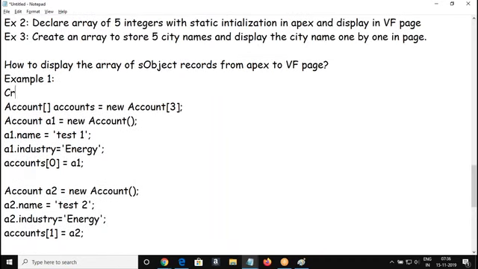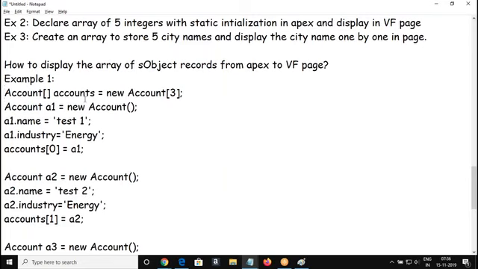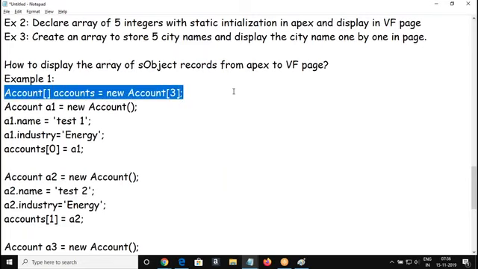So create. Okay, so this is the one I'm going to have in the Apex class.